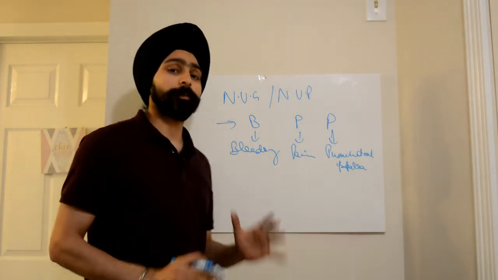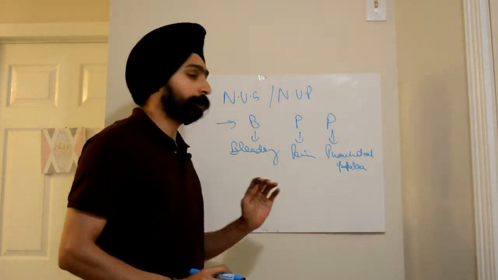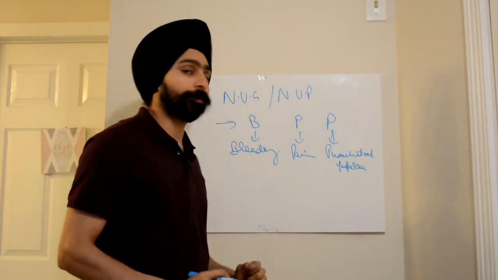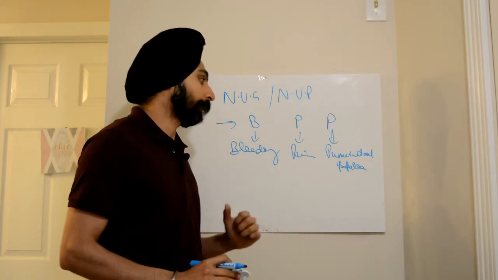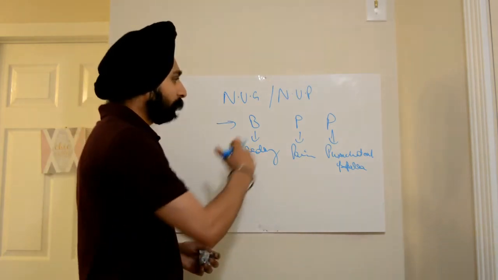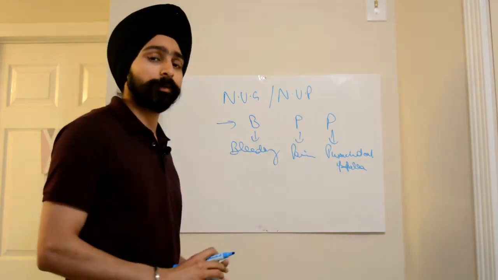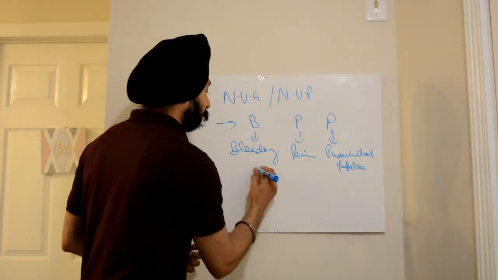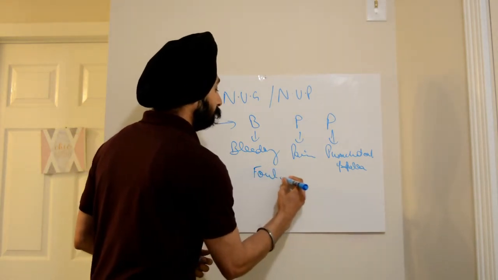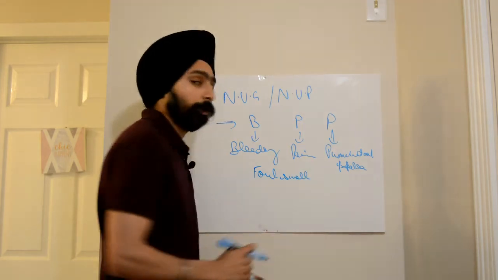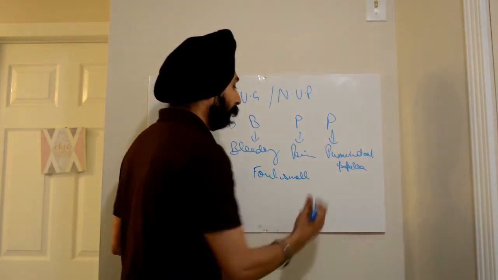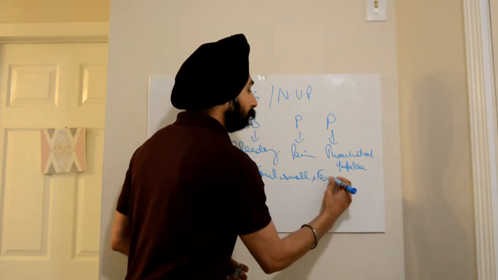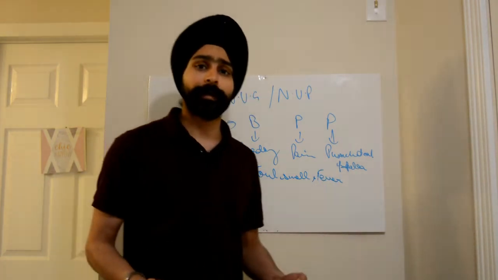For you to come to the diagnosis of NUG or NUP, at least 2 out of these must be present in case of history and periochart. Also, in addition to these things, patient also may complain of foul smell or halitosis. He can say that he is having fever, he is having lymphadenopathy.